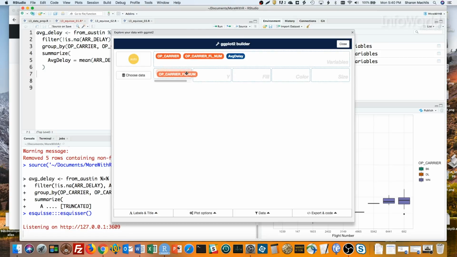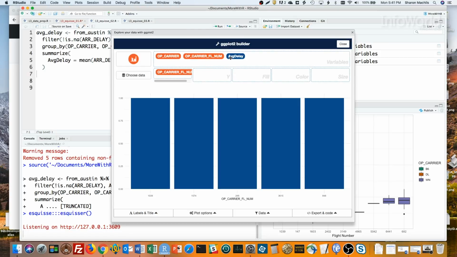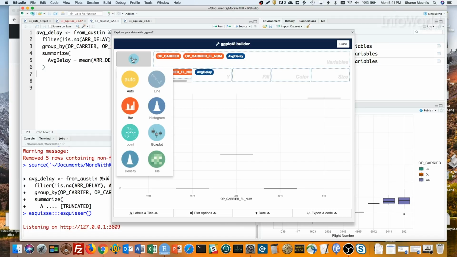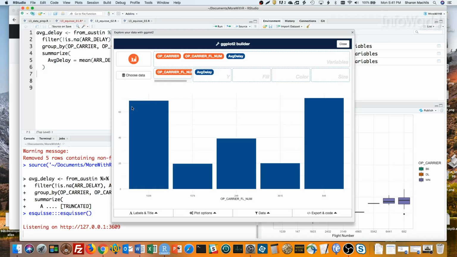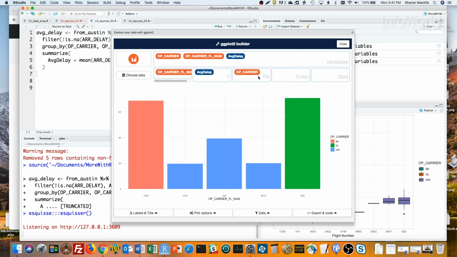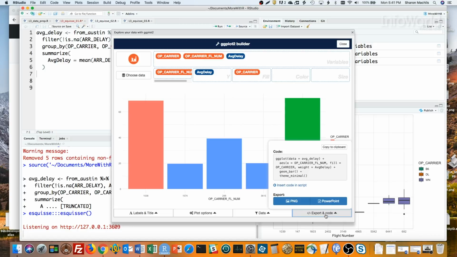Now I can do flight number on the x-axis, average delay on the y-axis. Make sure I set this to bar graph, and color by carrier. Voila, a bar graph. Here's my code, and I can copy that if I need it.